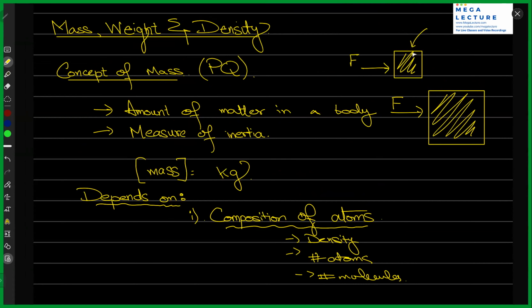Suppose you have a block of iron, and this is a small block. If I'm saying it's a block of iron, that means the density is constant for both of these blocks. It would be the same as the density of iron. This small block would have a smaller mass, and this big block would have a larger mass. What do you think would be more difficult to move if I apply the same force to these blocks? The bigger block, the one which has more mass, right?